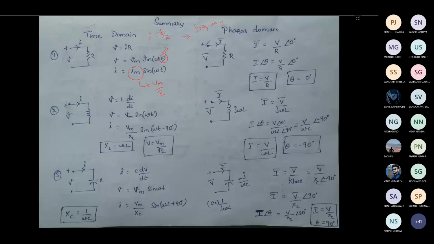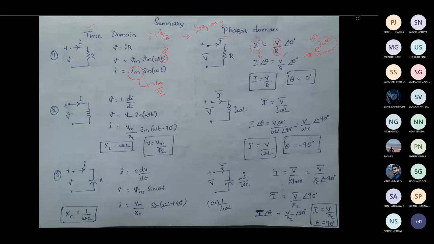We are not going to go much into that, but you can consider the phasor domain like a frequency domain. Here we are considering two things: omega is constant, and e power j omega t is always there. We are suppressing it just to make our calculation simpler. This is responsible for the rotating phasor. So I can be given by V divided by R angle 0 degrees. This is the I phasor, where V is the RMS voltage and R is the resistance. So the I phasor can be written as I angle theta, which is given by V by R.